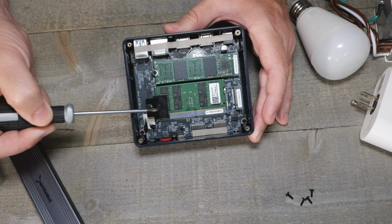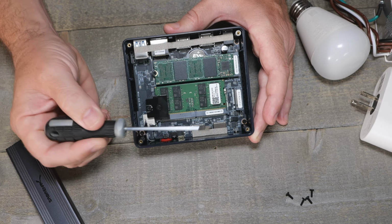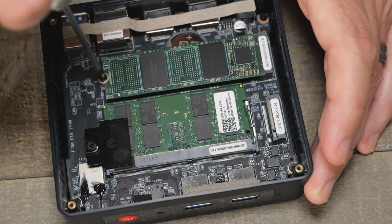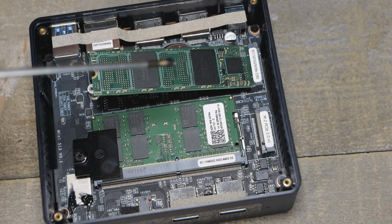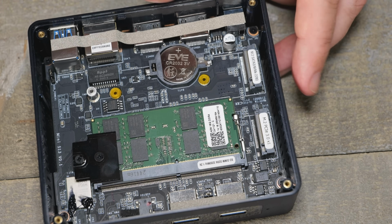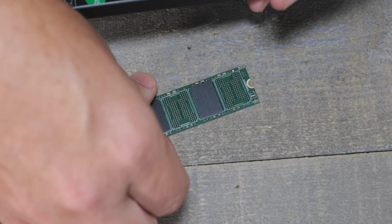This is the actual RAM chip right here. Don't pull this out. You can put, looks like in this model, another NVMe. But basically, you'll just take this screw out right here. We'll pull that out. Make sure you don't lose the screws or drop it in the case like I've done before. Magnetic screwdrivers are always great. And then if you just wiggle it out, it will pop right out, or like I did, drop it, and there's no big deal. And then put that to the side,